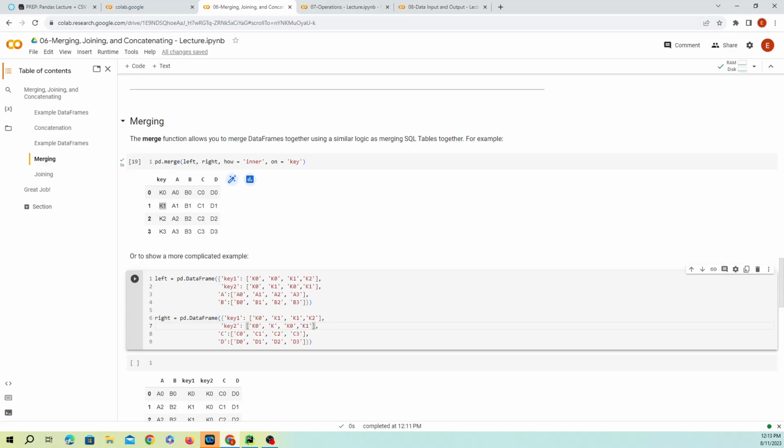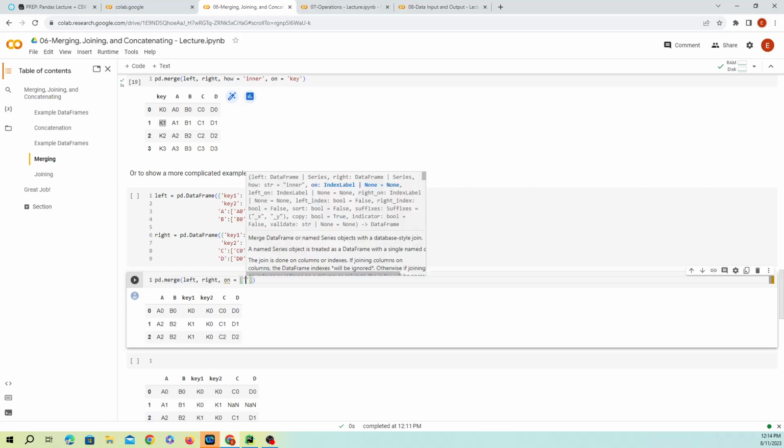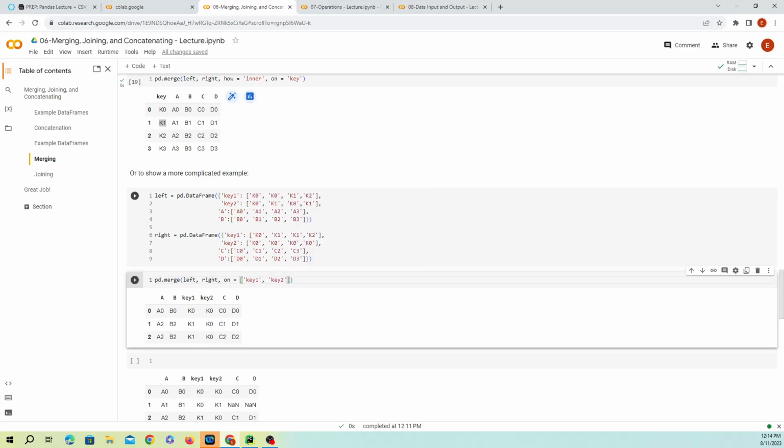So what we're going to do here is a merge based on the two keys. So pd.merge. And what are we trying to merge? Well, we're trying to merge the left and the right using key 1 as reference and key 2 as reference. We're going to run this one, run this one. As you can see,